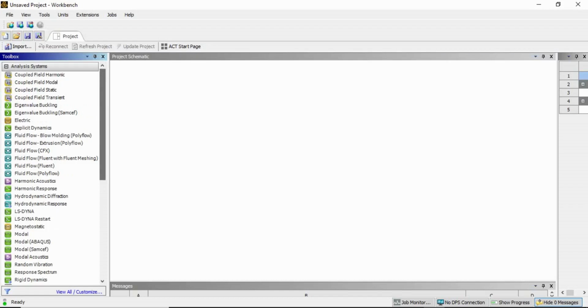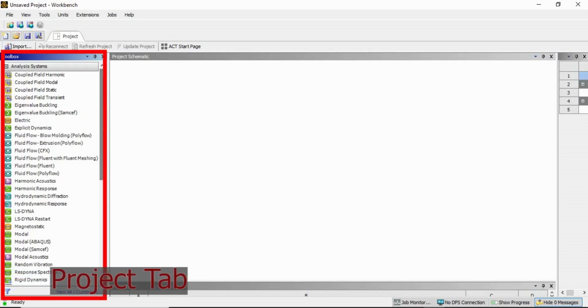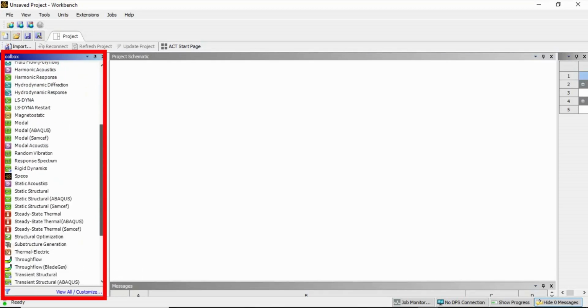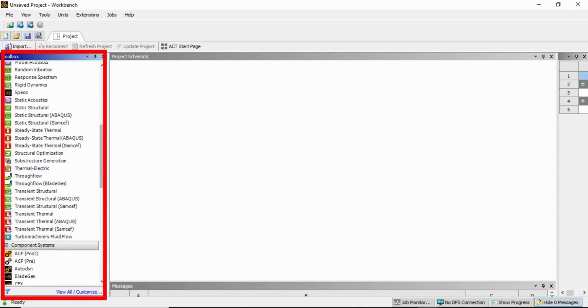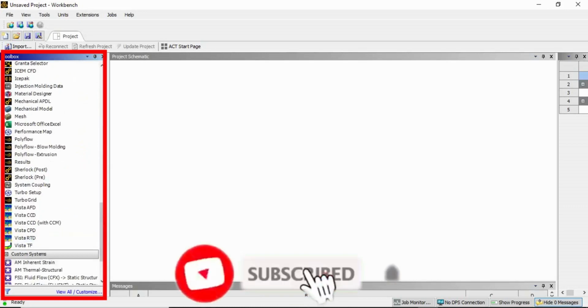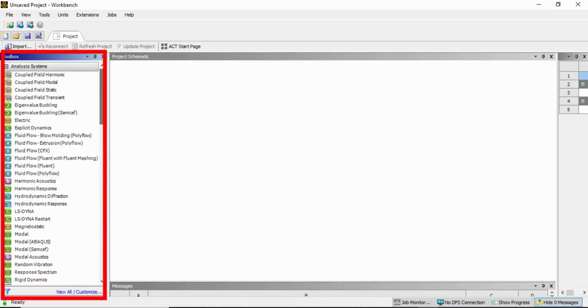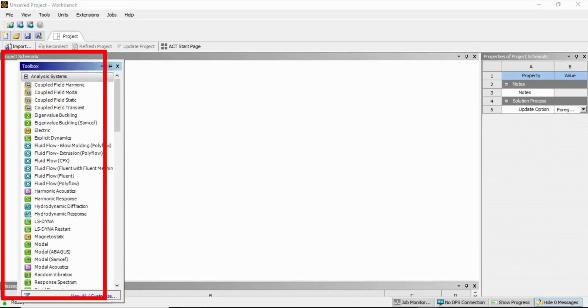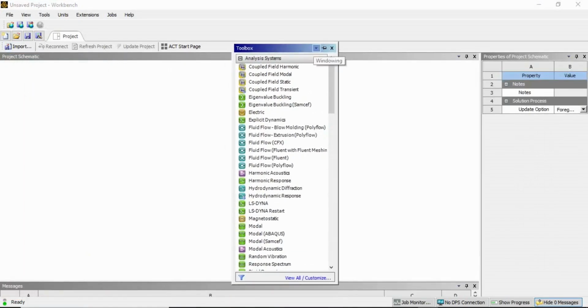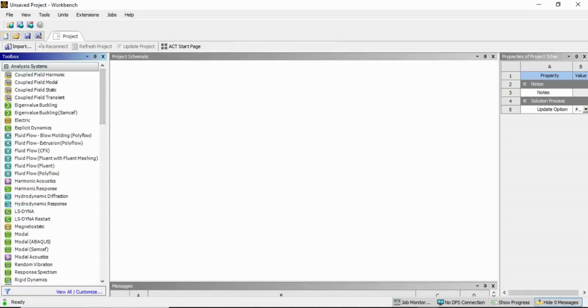The ANSYS toolbox. Here we have the toolbox. Inside this toolbox, we have the system which would be used as a building blocks for our projects. You can either select the complete analysis system, component system, or some other different type of system. በአንሲስ Workbench toolbox ላይ select የምናደርጋቸው እንደ አናላይዝ የምናደርግበት ፊዚክስ እና ታይፕ ኦፍ ፕሮጀክት ይለያያል ማለት ነው። ስለዚህም ኮምፕሊት አናላይሲስ ሲስተም ወይም ደግሞ ኮምፖነንት አናላይሲስ ሲስተም ወይም ሌላ አናላይሲስ ሲስተሞች አሉ።